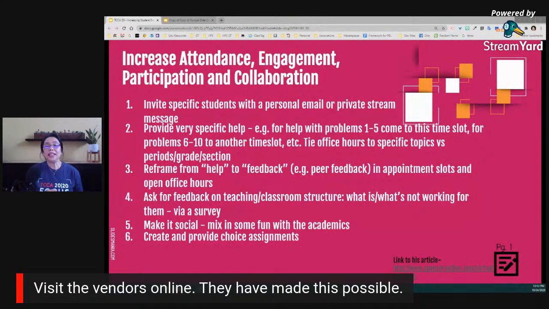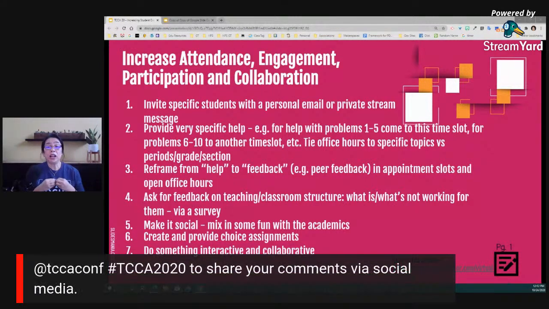And then choice. Who doesn't like choice? We all love choice. But the nice thing about choice is that, first of all, yes, you get more control of your learning, but you also feel more empowered, right? Because now you get to make the choice. So that's awesome. And then again, building that community feel, that sense of belonging, that is so important. Kids will come back to a place where they feel they belong. Okay, so this is really by doing again those interactive and collaborative activities that definitely helps.